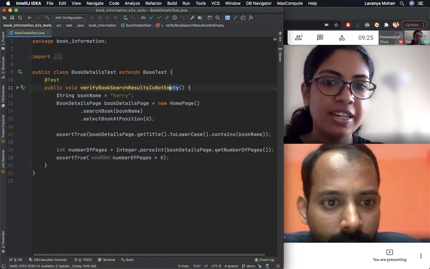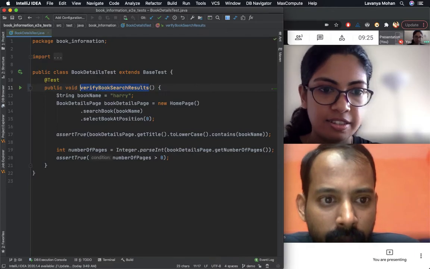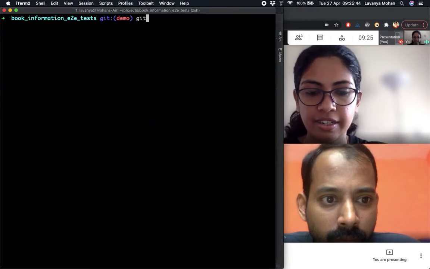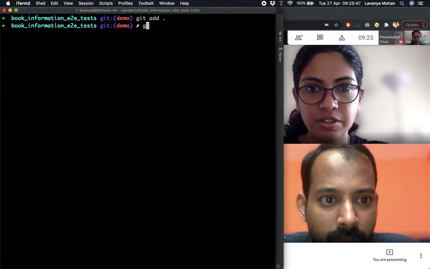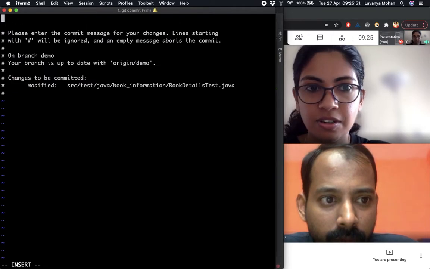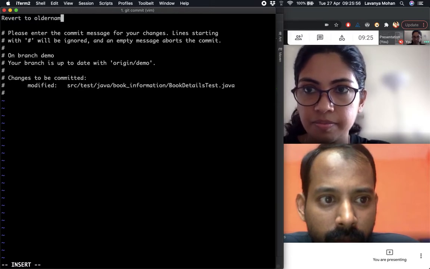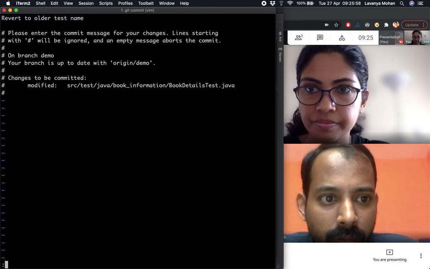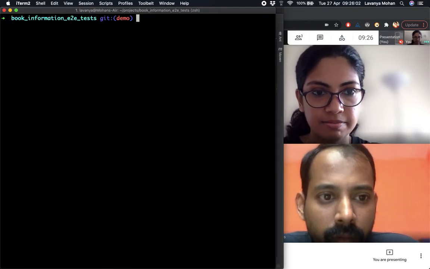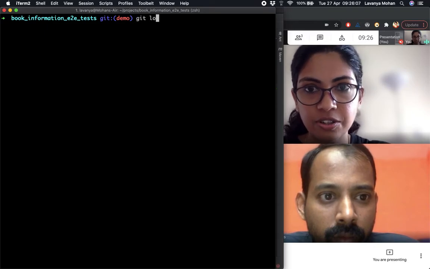So let's say we do that. Let's say I don't like this change, so I am removing this part again and just letting it be as it was earlier. And let's say I make a new commit for this one. I'll just call it revert to older name. We could have done a revert itself, but for now it's just a git add and commit. Okay, so now let's first look at git log.